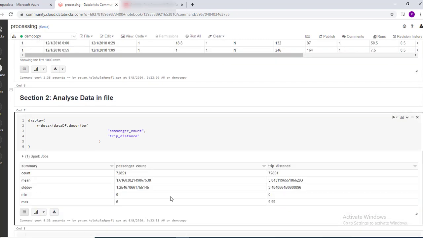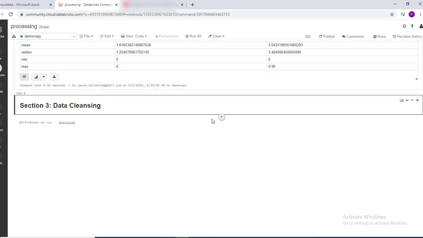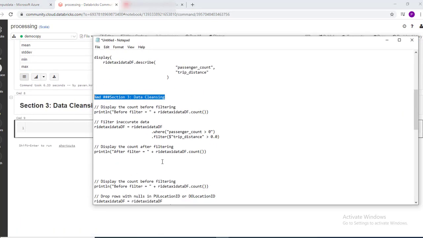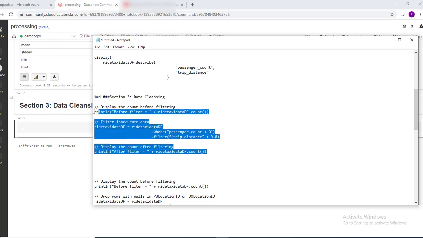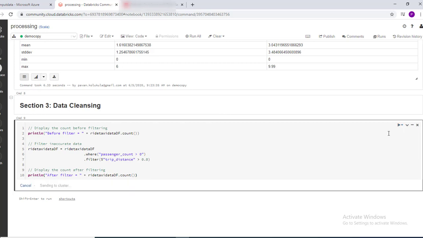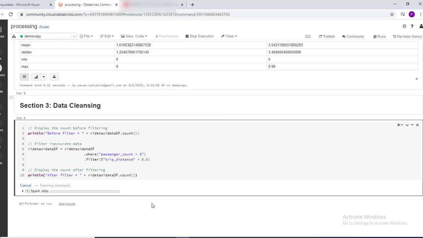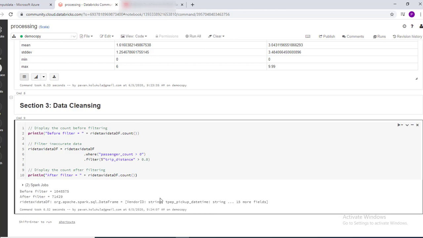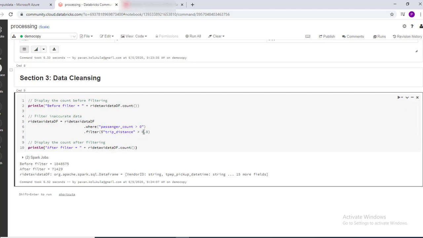Passenger count should not be 0 because without passenger there can't be any ride, so we'll try to eliminate this 0, and we'll also try to eliminate the max value, which is 6, but in a car there can't be more than 5 people, so we will see how we can eliminate this. And this command is to delete the data, so we'll try to clean up the data in data frame.